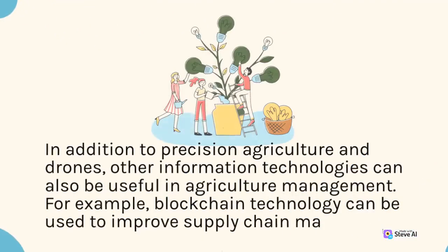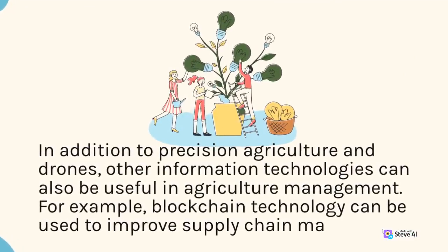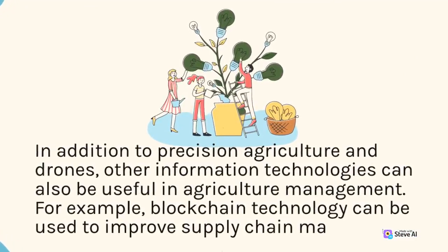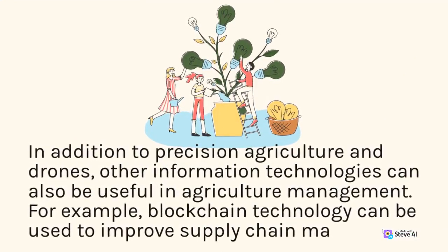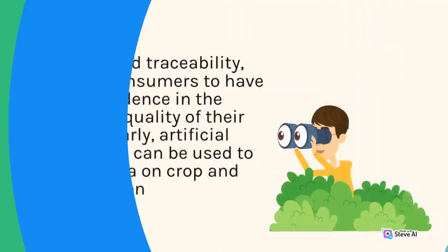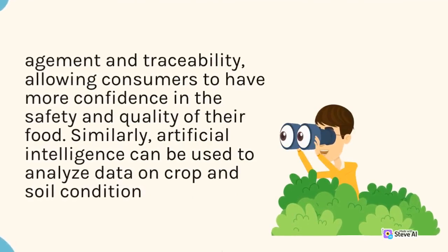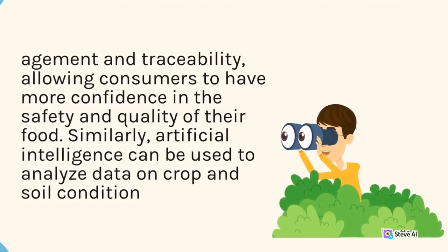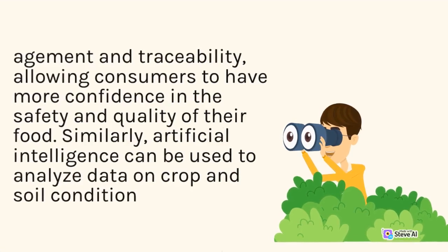In addition to precision agriculture and drones, other information technologies can also be useful in agriculture management. For example, blockchain technology can be used to improve supply chain management and traceability, allowing consumers to have more confidence in the safety and quality of their food. Similarly, artificial intelligence can be used to analyze data on crop and soil condition,